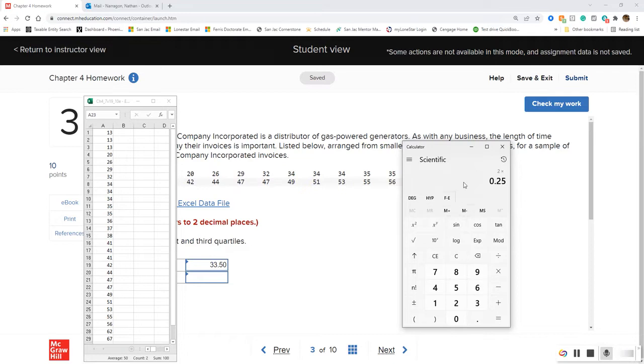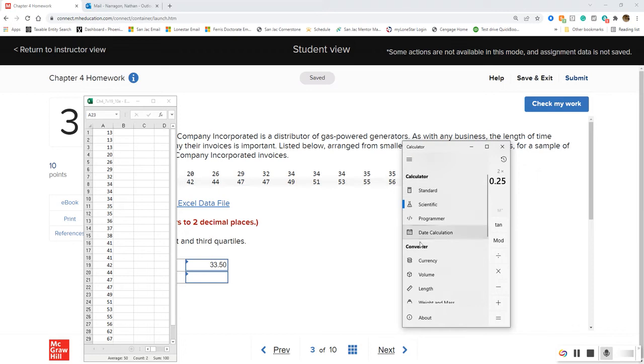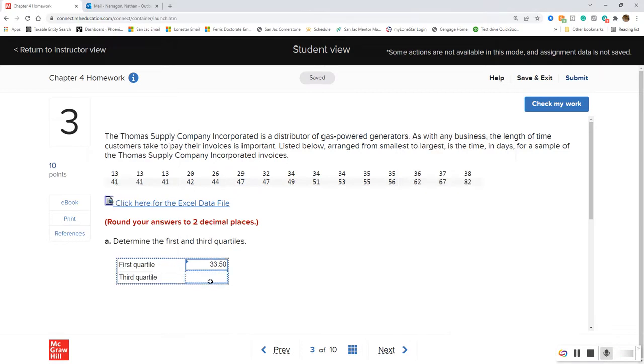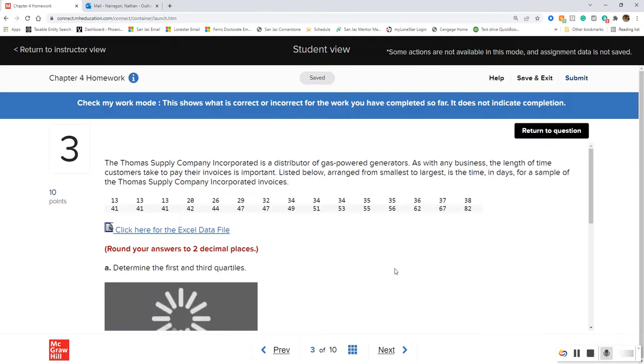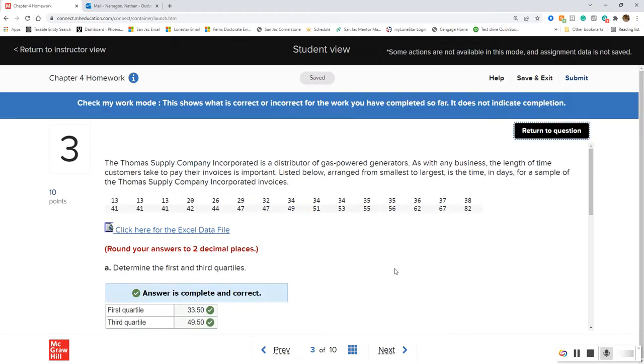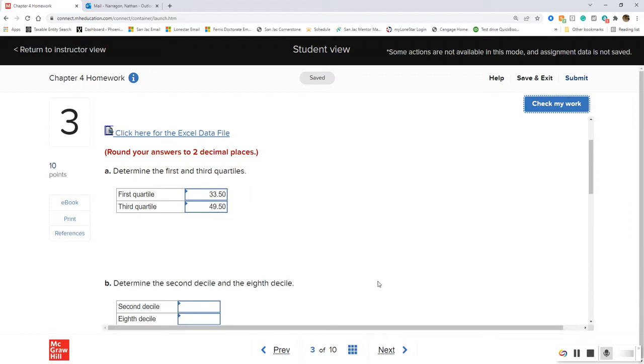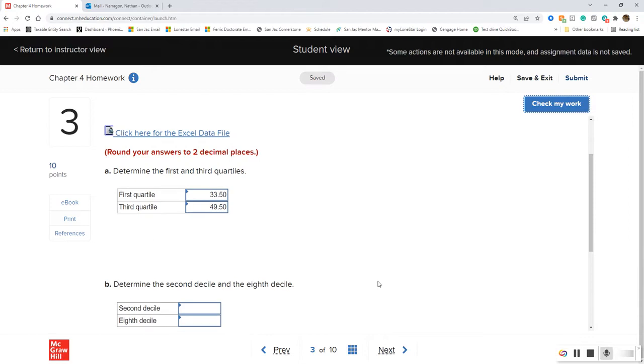I believe that was it, which ends up being 0.5. So 49 plus 0.5 makes it 49.5. And we are correct. So there's our first and third quartiles. Quartiles are a little bit easy. Next,